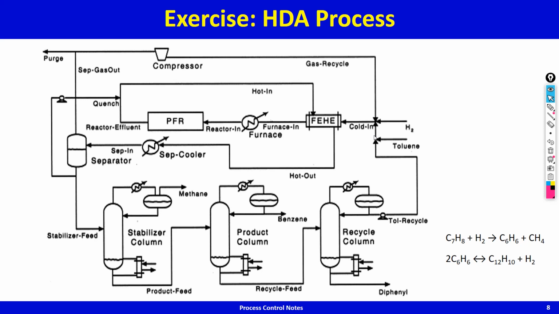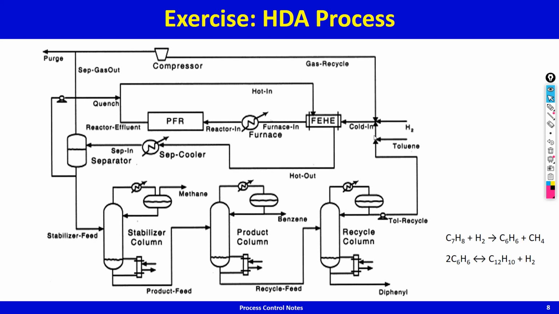So what you should do is count the degrees of freedom, control degrees of freedom, put in independent valves, and then discount the degrees of freedom that you're not free to adjust, and levels, etc., that have no steady state effect. Get the steady state degrees of freedom, and once you have them, start thinking about what would be good process variables to specify to exhaust those degrees of freedom, and from that you will start getting a reasonable plant-wide control structure. You control those variables and you'll get a reasonable plant-wide control structure.